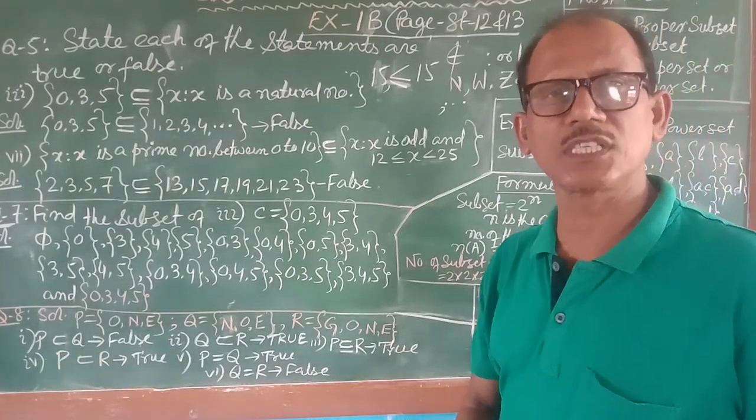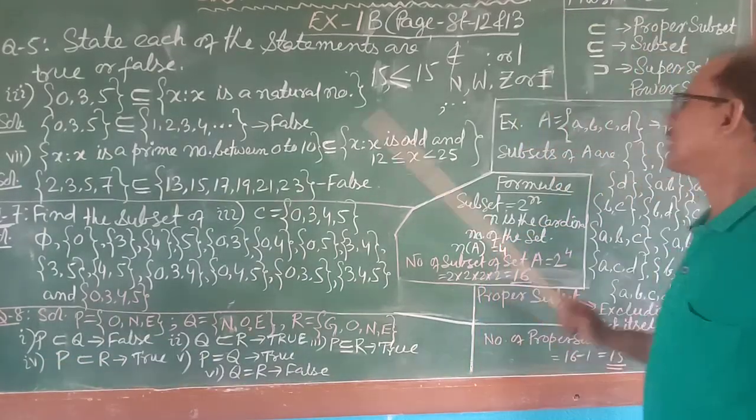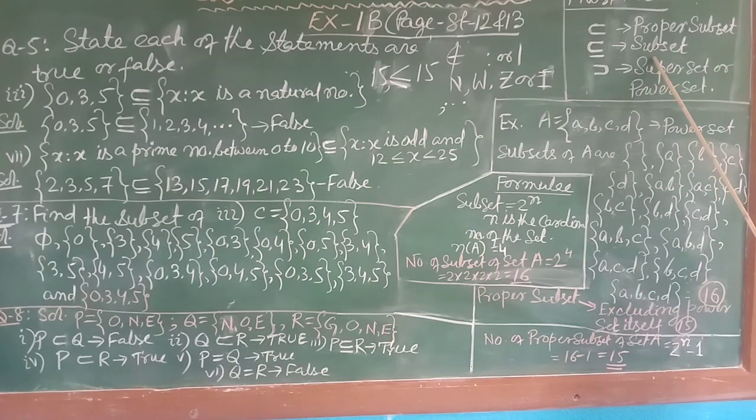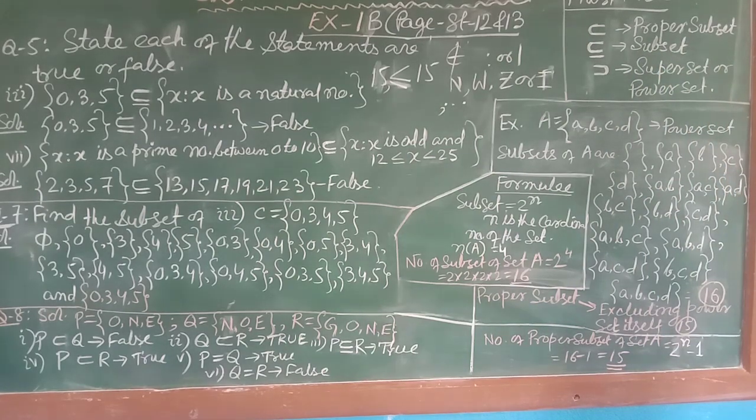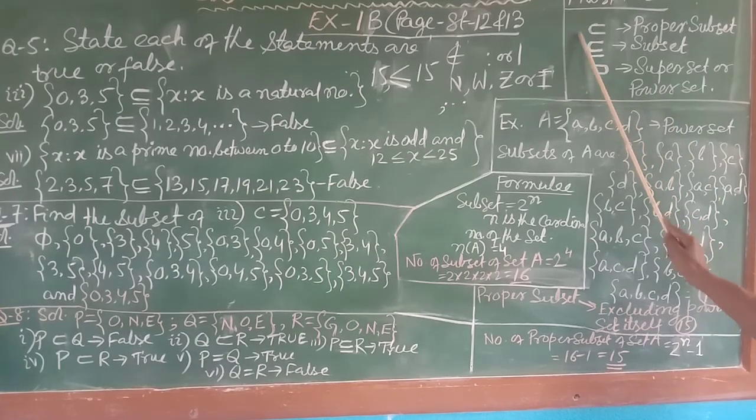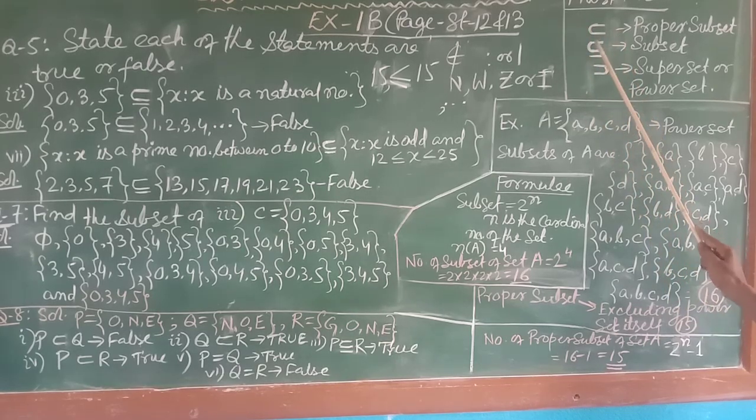In subset, the set itself is also included, and this is the superset or power set. To say it is a power set, this side set I am telling you, on the right hand side you have to compare the set here. So this is proper subset, equal to sign subset, and